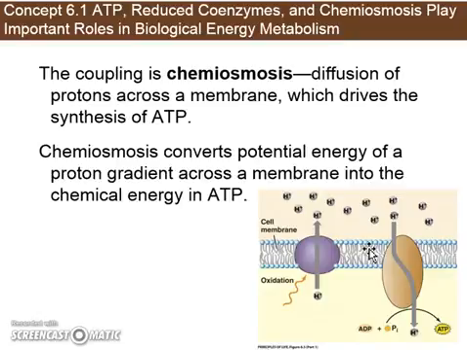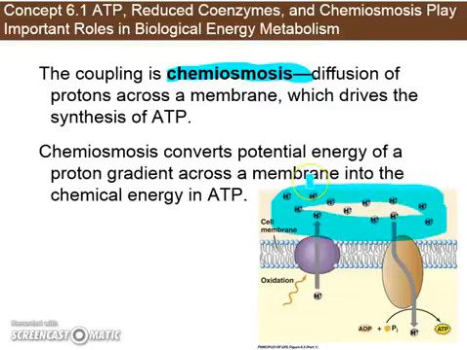Now, we actually do all this through a process that we call chemiosmosis. If you recall, osmosis itself is the movement of water molecules from an area of high concentration to low concentration through a semi-permeable membrane. But this time, it's not water that's diffusing through, it is protons, H+. So that's like a chemical, so it's chemiosmosis, not watery osmosis. And this is the diffusion of protons, those H+,